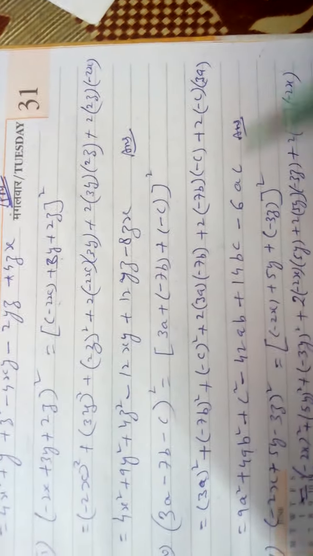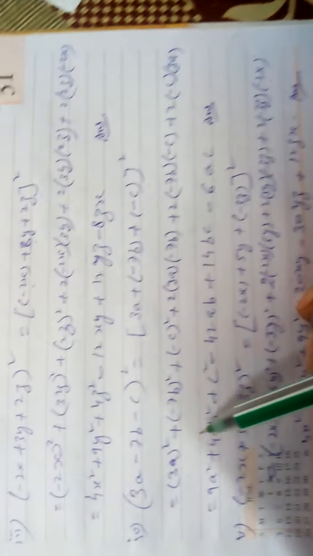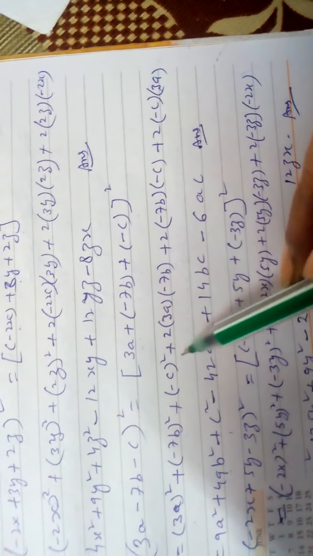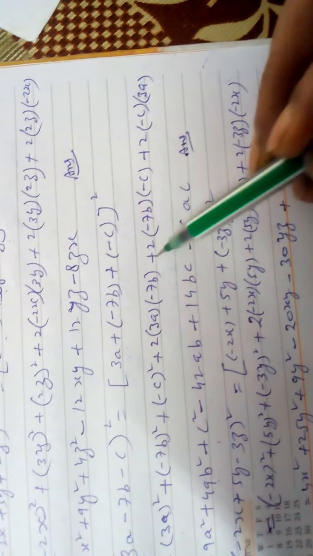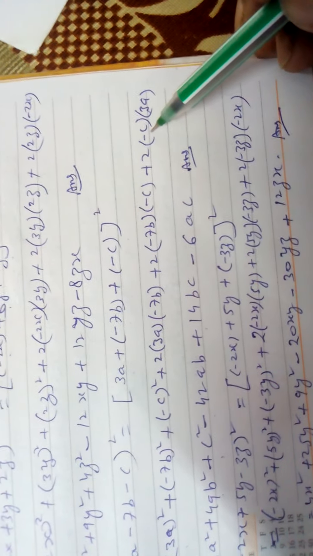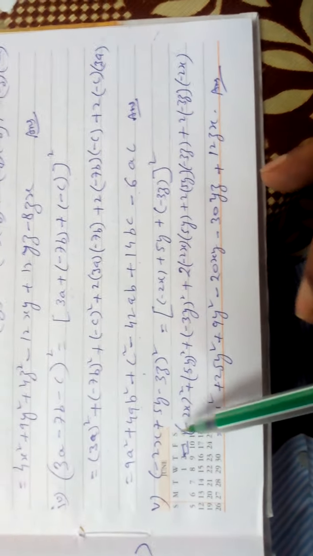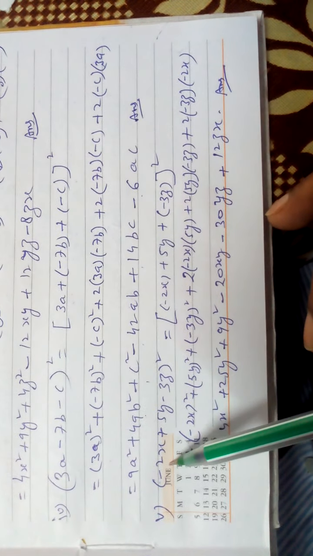In the formula you write, then slowly you open the bracket. All the squares will be positive, but the product may be negative. Minus gives you minus, this minus minus plus, you are getting plus. Here minus plus minus you are getting. The last part also has the same, minus is outside.